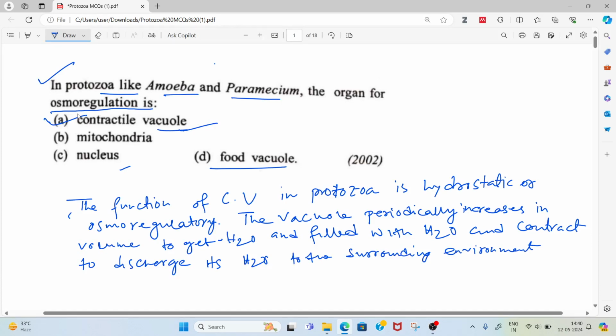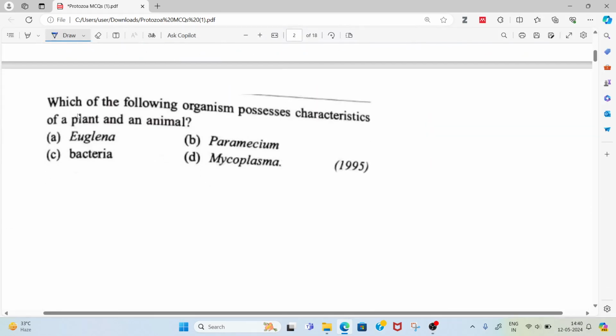The next question is, which of the following organisms possesses characteristics of a plant and animal? Here four options are given and you have to choose the correct answer. So the correct answer is option A,